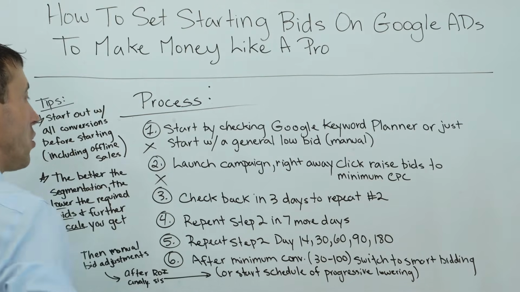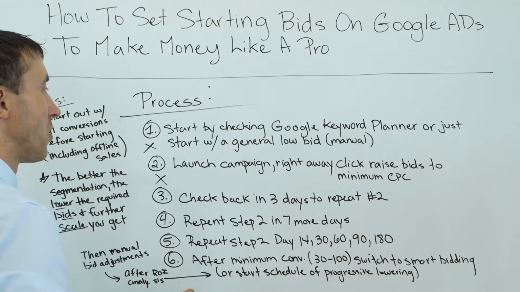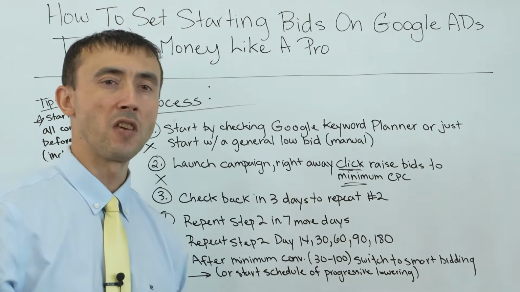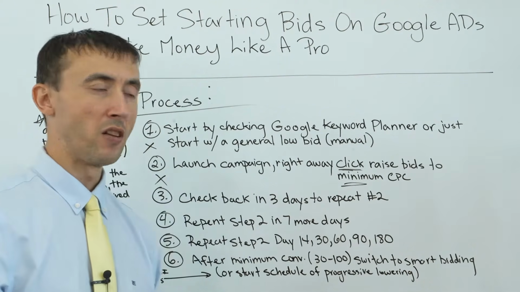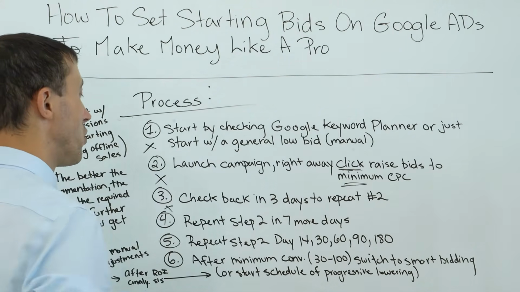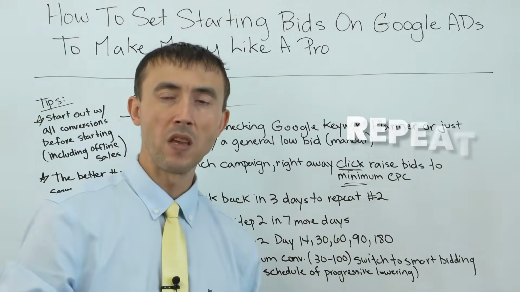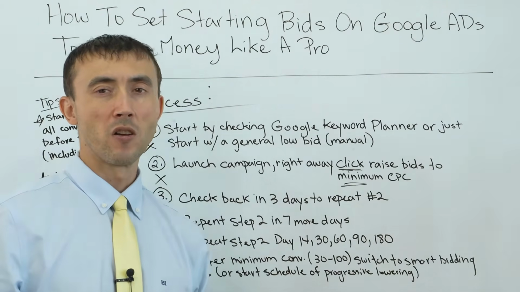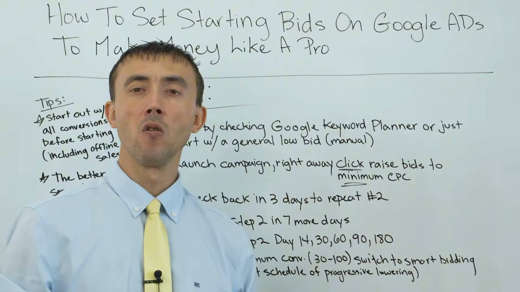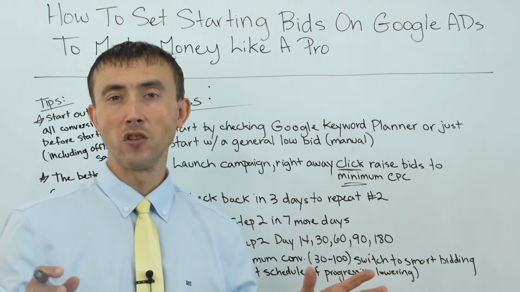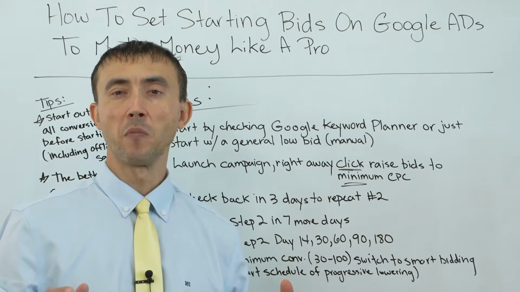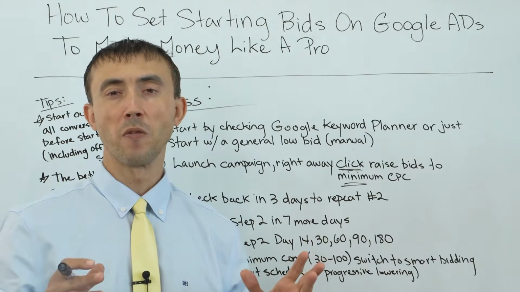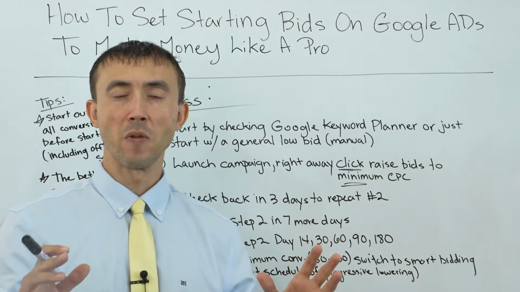So that's step one in this process. Then step two is you launch the campaign, of course, and like I mentioned, you're going to right away click to raise the minimum CPC on all the keywords that are not showing on the first page. Then beyond that, you're going to check back in 3 days to repeat step two as well, as much as necessary. So what happens is Google, even though they say your keyword, red shoes, needs to have a cost per click bid of $3 to get shown on the first page in order for the "bid too low, won't show on the first page" warning in the status column to go away for that keyword,